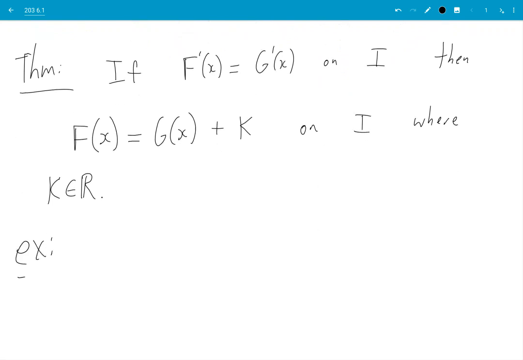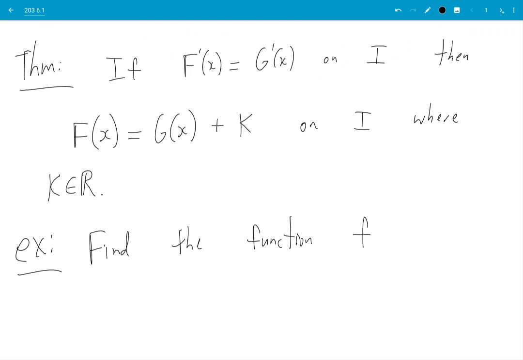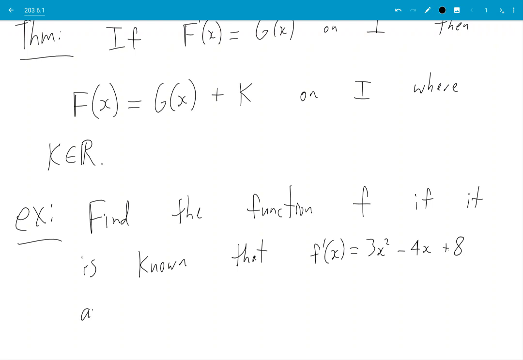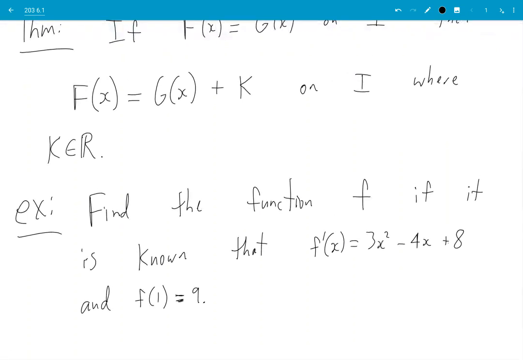So let's apply this with an example. Find the function f if it is known that f prime is a specific function, and we also have f of 1 is for some reason known to be 9. Okay, so we're going to use our theorem there. We'll say, okay,